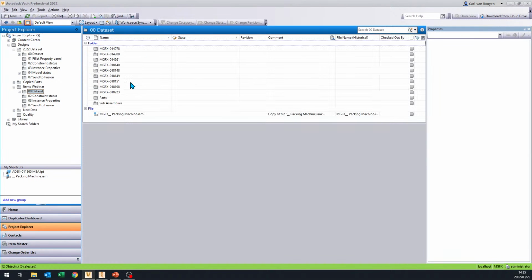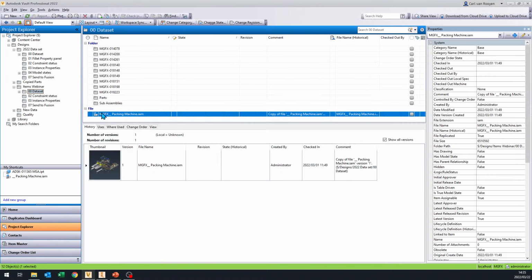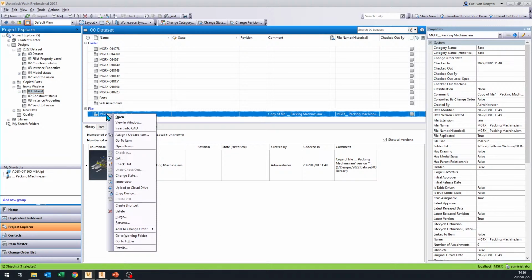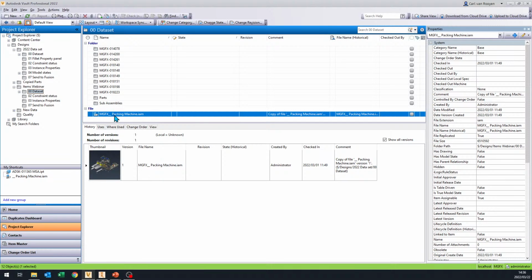Sorry, wrong folder. So I'm going to go here. I've got a copy of that packaging machine, so it helps if I'm in the correct folder. And if I look at this packaging machine, there is no item currently linked to it, not assigned to an item. So we'd be able to use either the right-click option to assign/update item, or alternatively drag and drop that assembly onto